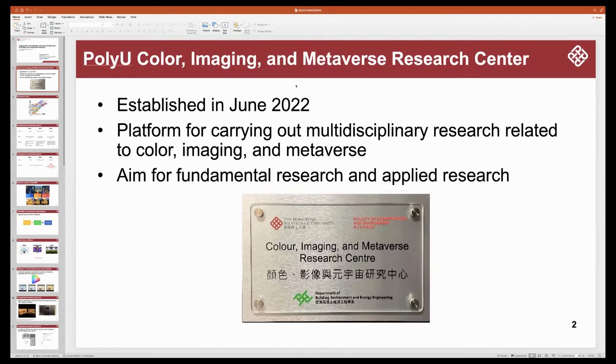A little bit of introduction about the research center at PolyU. This is a very new research center, and we focus on color imaging and also Metaverse. That means we are trying to look at how we can use sensors like cameras and displays to capture and then present the Metaverse feeling, or the Metaverse kind of environment,